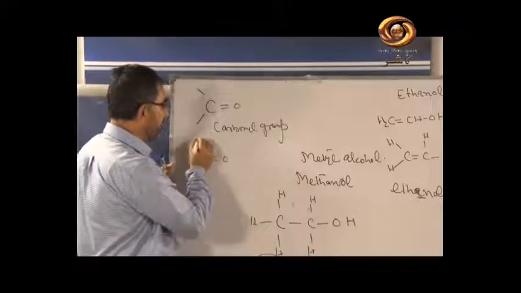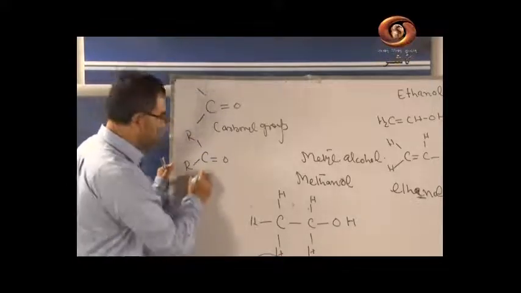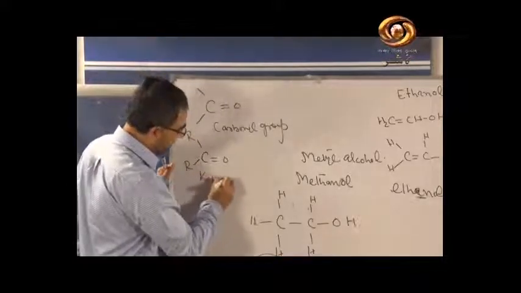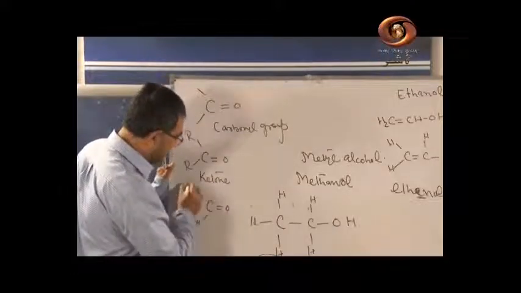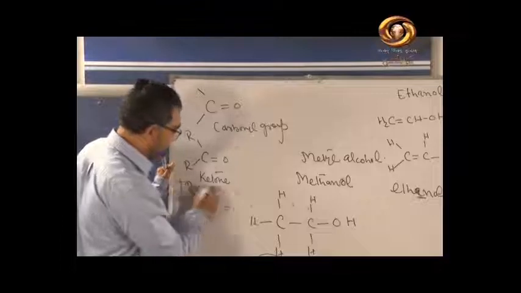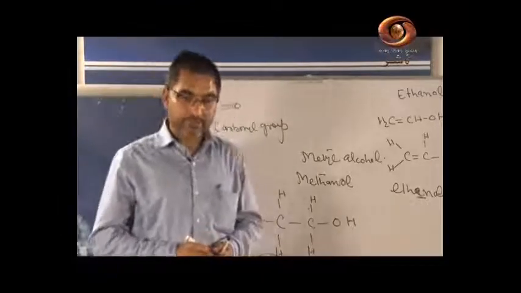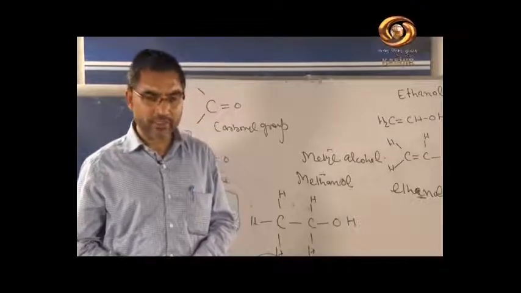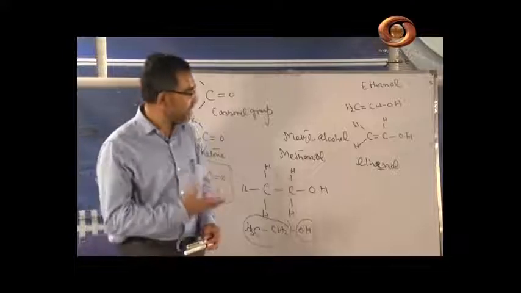मैं इस तरह लिखूंगा बेटा जल्दी. It is the R, it is the R. If it is the alkyl, it is the alkyl, it will be a ketone. If it is like this C double bond O, it is H, and it is here R, alkyl group, it will be the aldehyde. So for today it is enough. We will continue it again in the next episode. We will discuss it further.